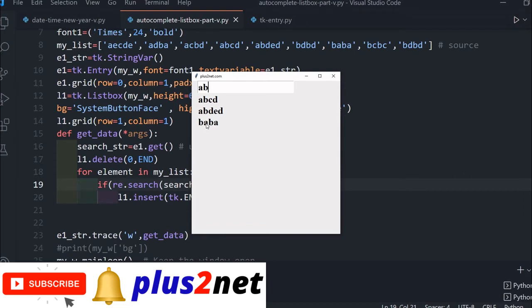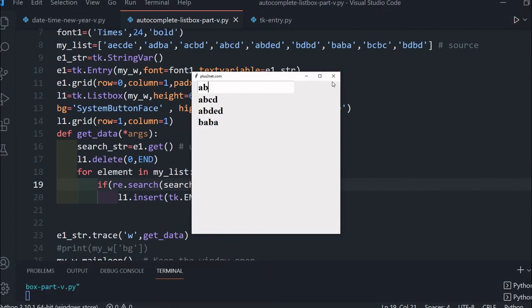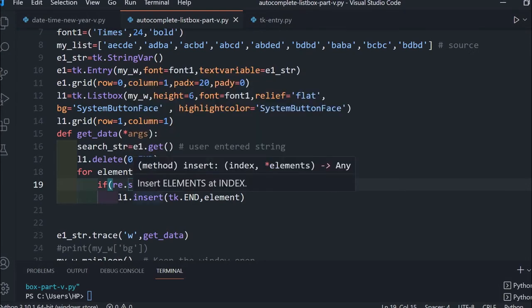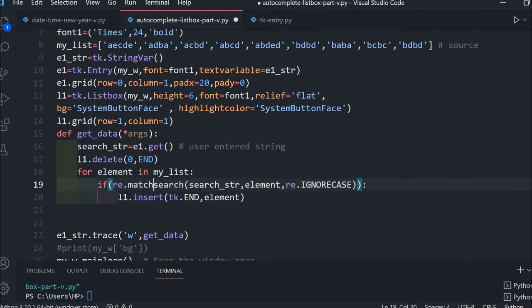That is the basic difference between search and match. If your requirement is that it should match anywhere in the string, not only at the beginning, then you can use search. But because autocomplete is something like, as you type, the left side should match, I am going for match only.